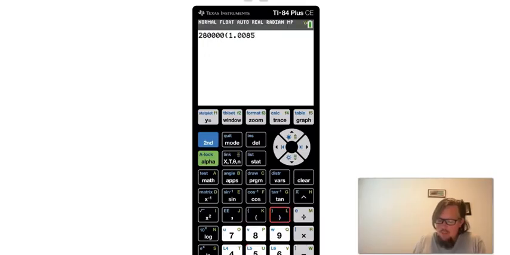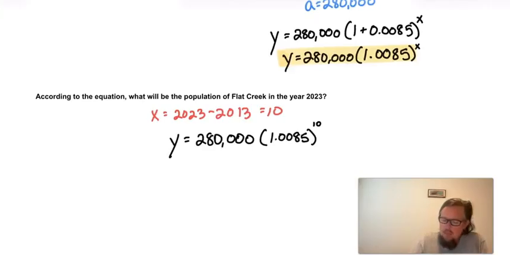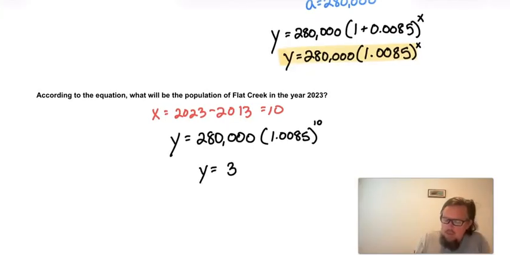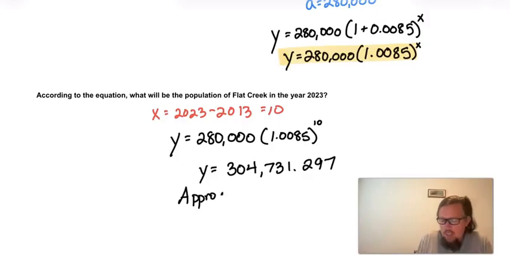1.0085, and we're going to raise this to the power of 10, and it's 304,731.297. Obviously, our population cannot be something 0.297. So let's say approximately 304,732 people